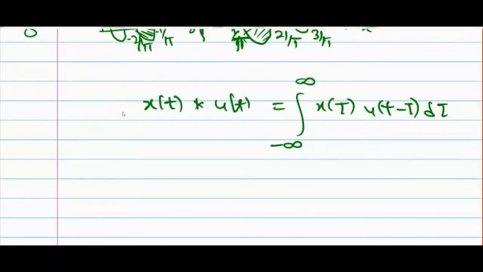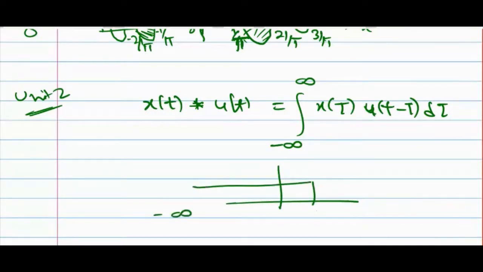This is the convolution definition, unit number 2. I am covering some basics which are required for the Fourier transform. So this is the convolution definition, I hope you know. Then here we are sketching the signals with respect to tau. Then u of t minus tau is present from minus infinity to t whenever the signals are sketched with respect to tau. And the amplitude of u of tau is 1. The amplitude of u of t minus tau is 1.